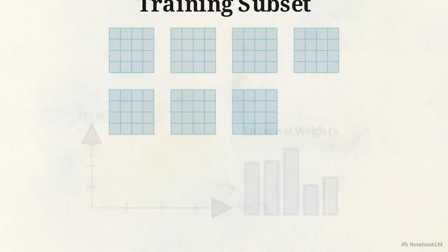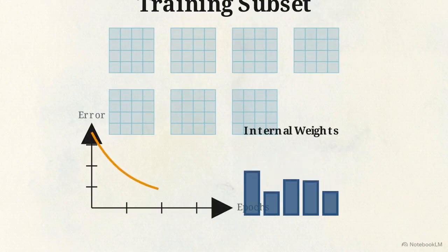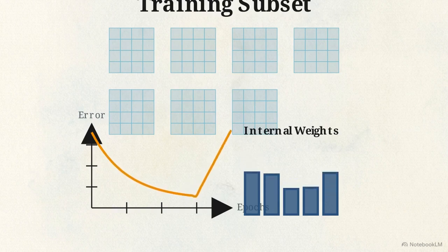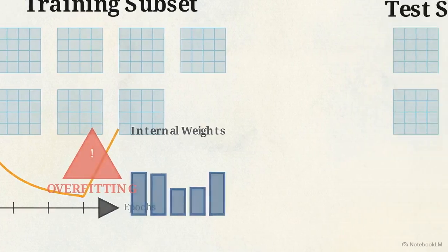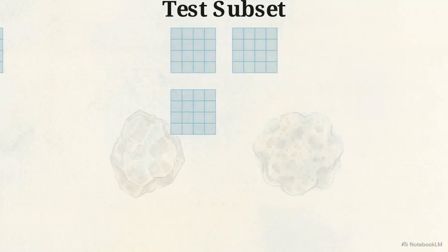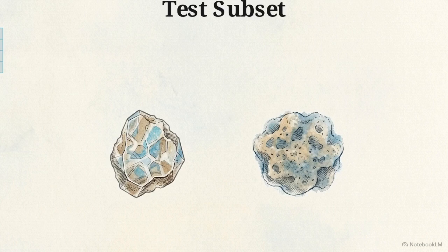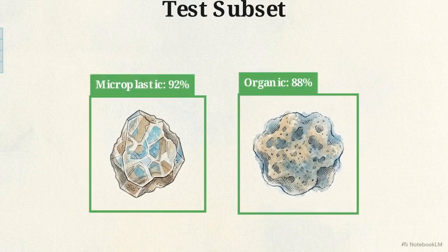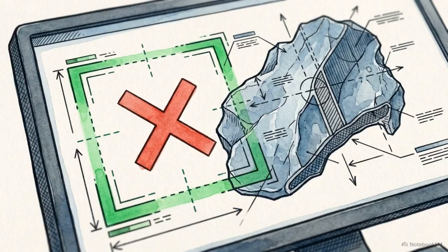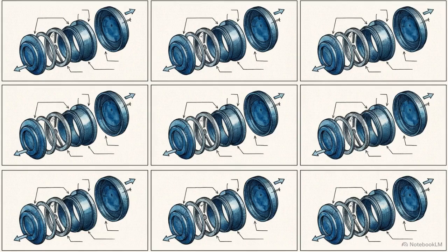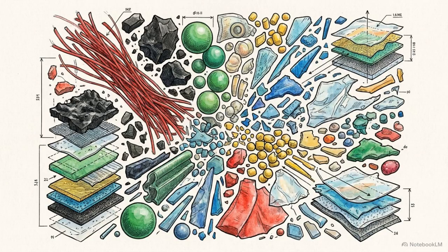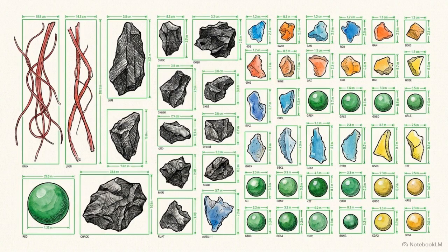This dataset is divided into two strict pipelines: the training subset and the test subset. The training subset allows the model to iteratively adjust its internal weights. However, this process carries the risk of overfitting, where a model memorizes specific artifacts instead of learning geometric rules. To prevent this, the test subset serves as a quarantined blind reference. During the generalization phase, the model is forced to interpret completely novel, unseen samples to prove its viability. Engineers analyze failures on the test set, often indicating a lack of variance. Introducing highly varied edge-case data points builds true real-world model robustness.